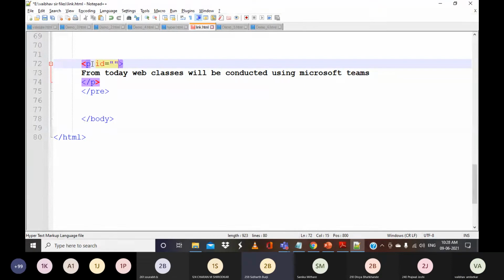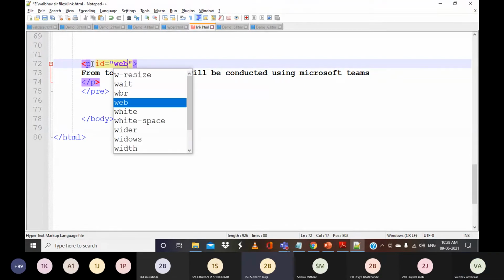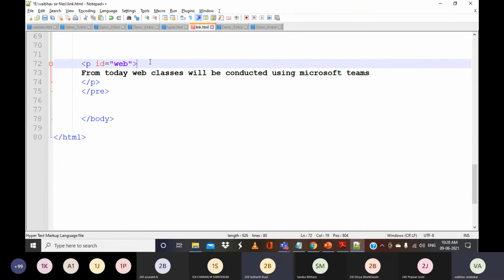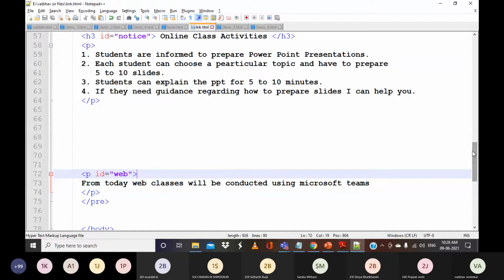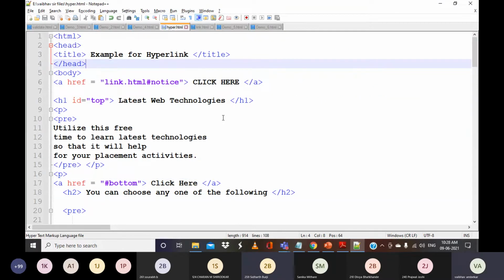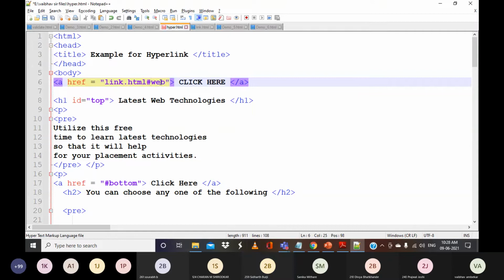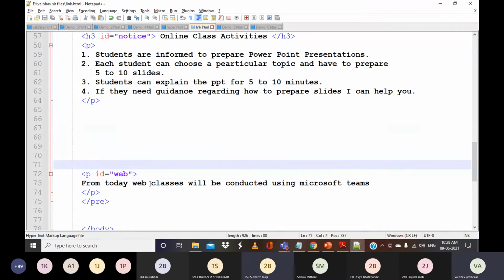Web. Okay, fine. Hashtag. Okay. Here how to give hash? No, sir. Okay. So where do I have to give? Sir, link.html there. Hash web. Sir, in the paragraph tag it will not come, sir. It will come above the paragraph tag. That ID. I think so. This one.